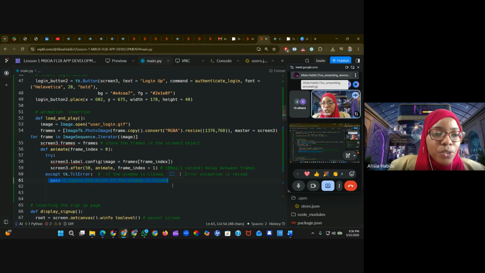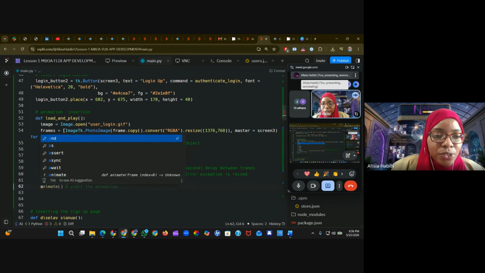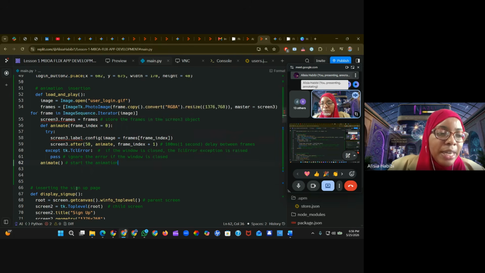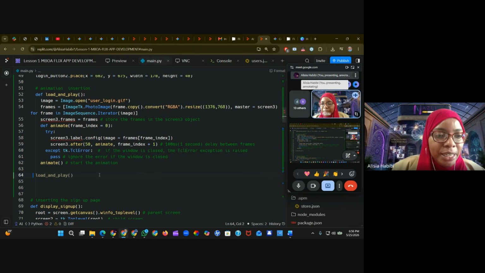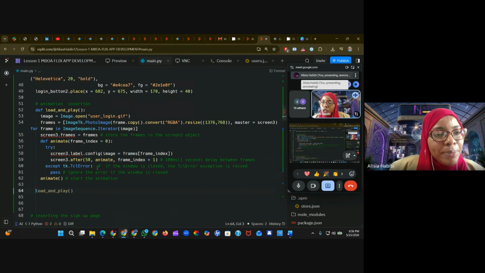So the last thing we'll do is to call this animation right here. So that's going to be animate, start it off. And then finally, we have to call the root. Like in our case, we didn't call ours root. So what we'll do is when you come back here, you just have to call your function, which I believe,